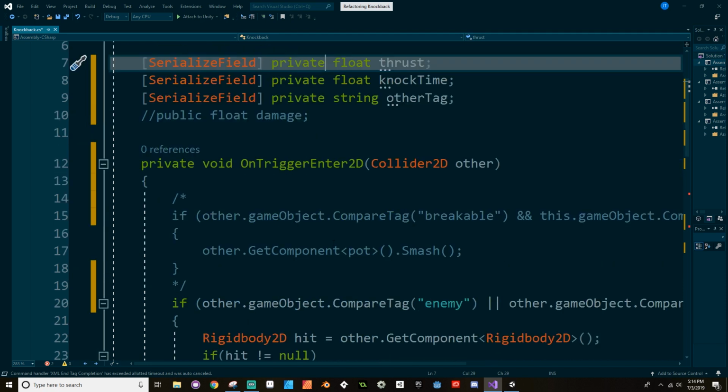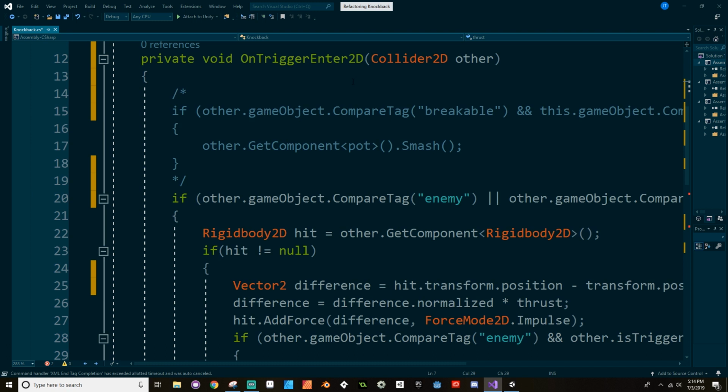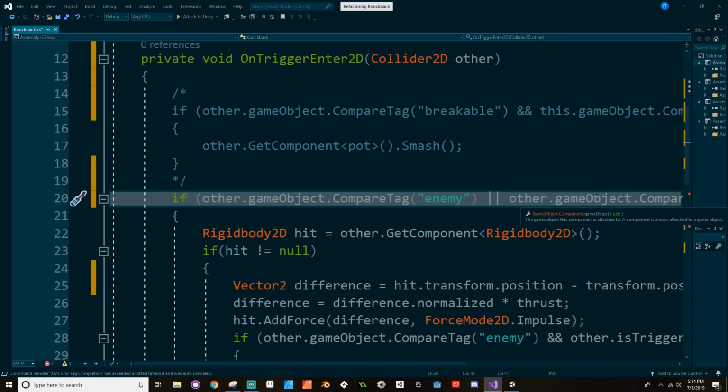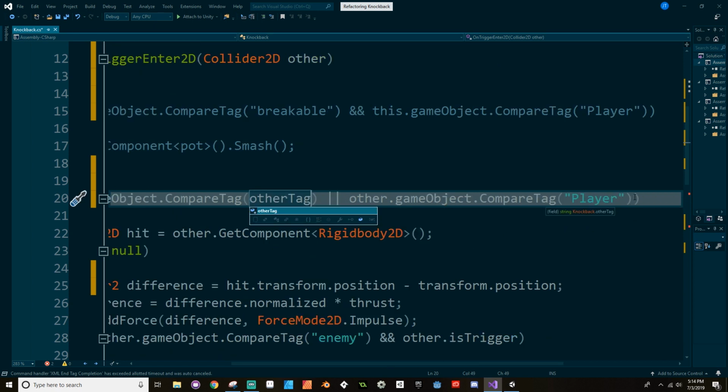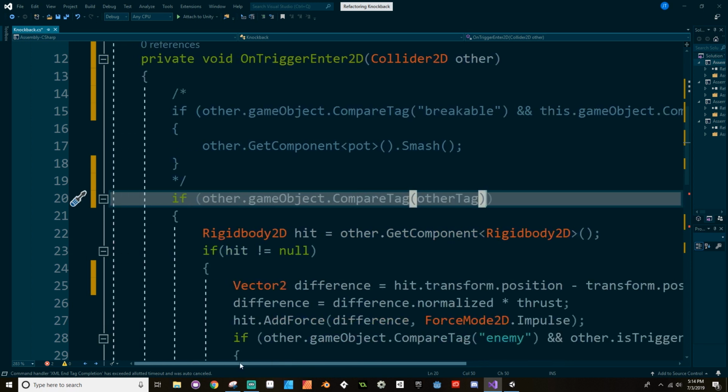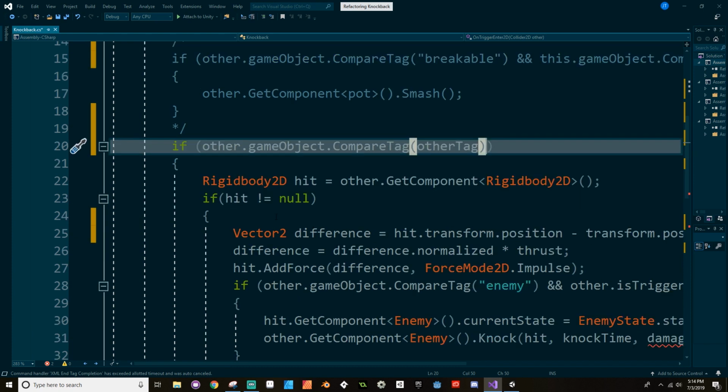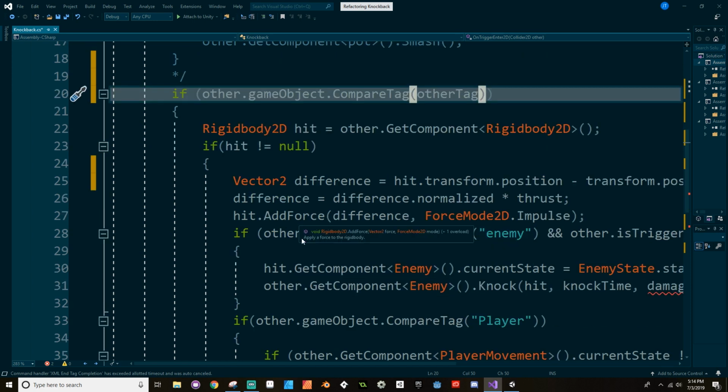Okay. All right. So OnTriggerEnter2D, Collider other. If other.gameObject.CompareTag, instead of looking for enemy, we're going to look for the other tag. And now we don't have to have this or looking for player, so we can get rid of that as well. Pardon me, Rigidbody hit is other.GetComponent Rigidbody. If hit is not null, Vector2 difference, so we're finding the difference between the two, and then we're adding force. If it's enemy,